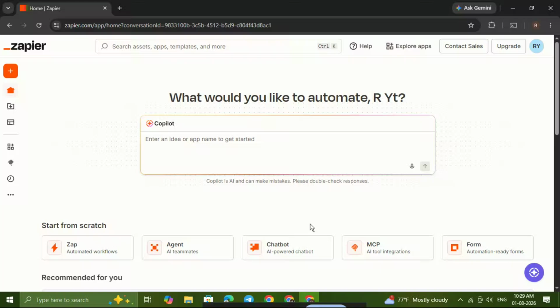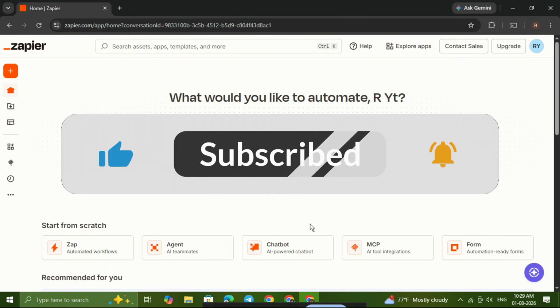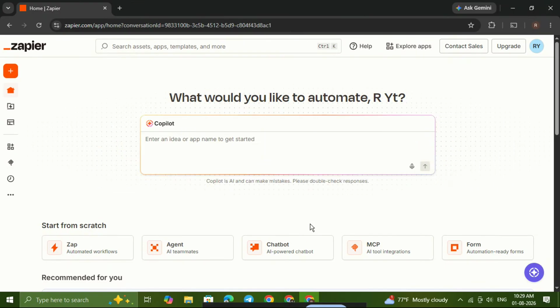In today's video, I'll show you how to enable SSL certificate validation in Zapier. This setting is important because it allows Zapier to verify secure HTTPS connections and check that the SSL certificates used by connected services are valid. If SSL certificate checks are disabled, your account may accept connections without properly validating the certificate, which can create security and troubleshooting issues. The good news is that enabling this option only takes a few moments and the setting saves